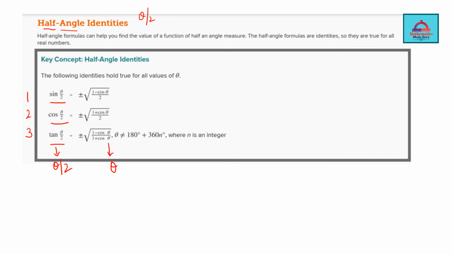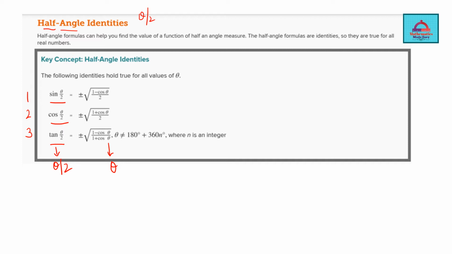Then you only need to remember the formula for sine: sine theta by 2 is equal to plus minus radical of (1 minus cos theta) divided by 2. So for sine, there is a negative sign. For cos, just flip the sign. So plus minus square root of the same term, 1 and cos theta, with denominator 2,